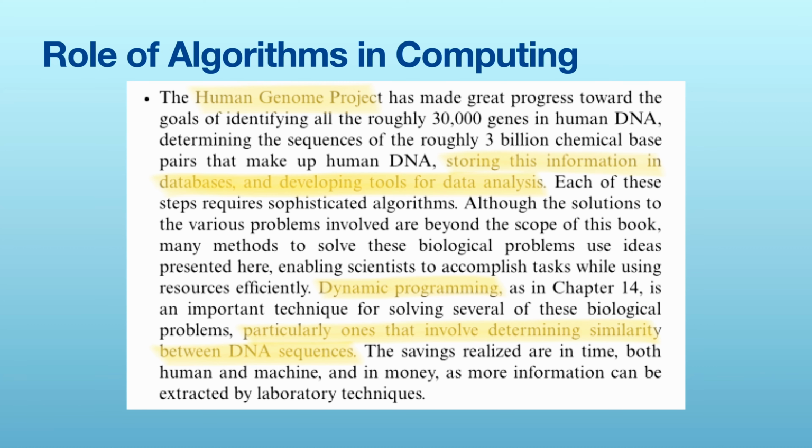Once they identify that sequence, they have to remove it. To remove it, there are millions of bacteriophages, and they have to identify which bacteriophage will actually go and remove that particular sequence. So that is again a searching algorithm coming into the picture. These are the crucial areas where algorithms play a critical role. Seeing this scale, if you make even a 1% improvement in these algorithms, it can easily save thousands of people's lives.